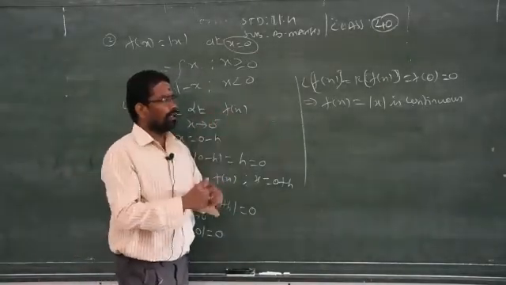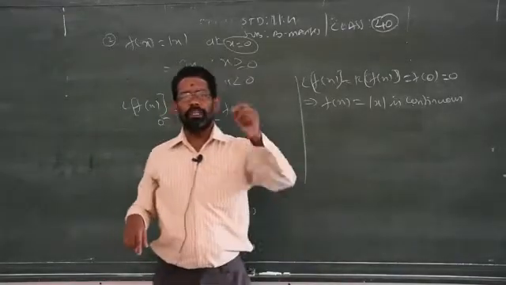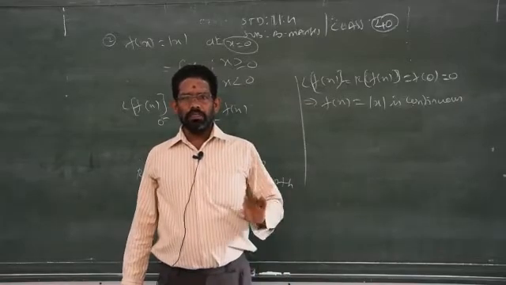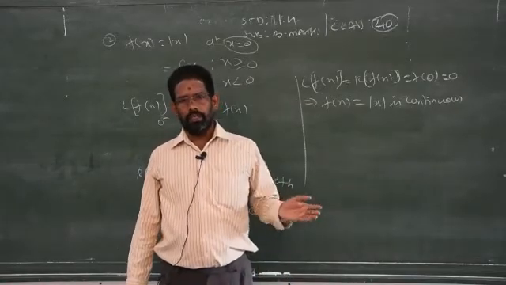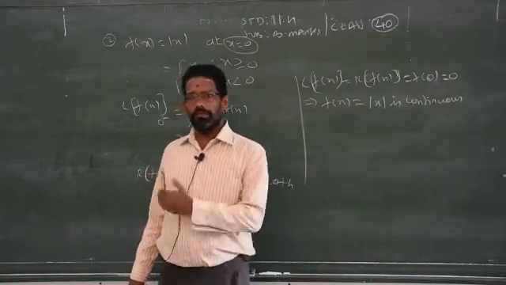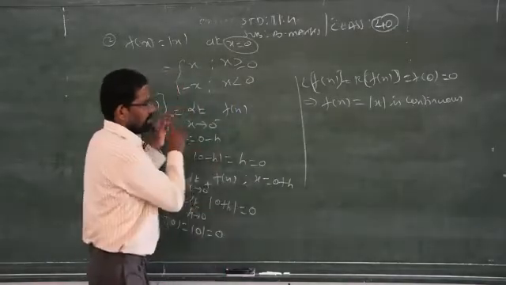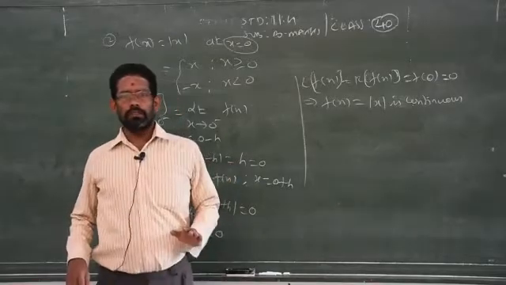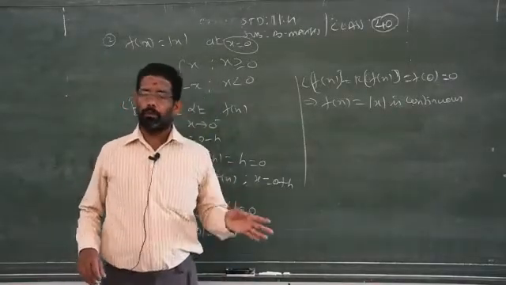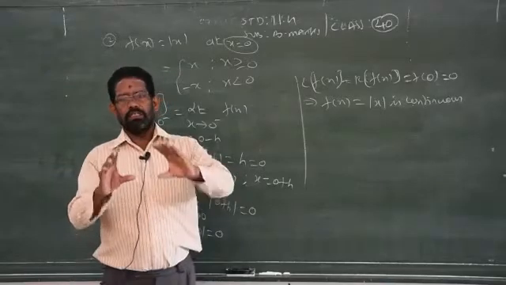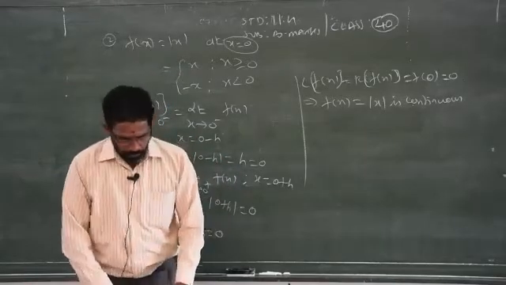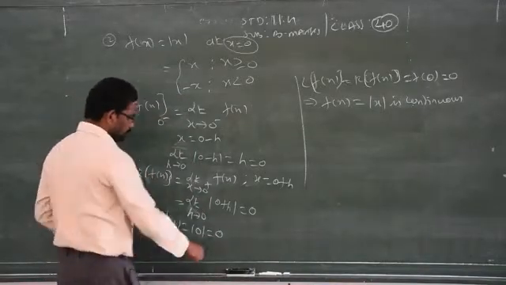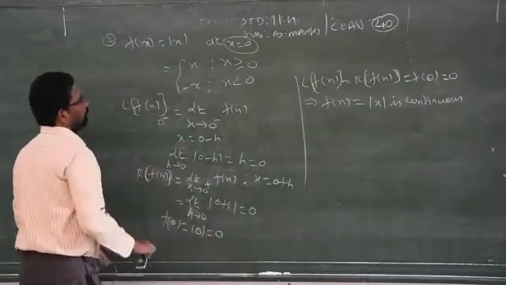But you cannot claim that all continuous functions may be differentiated. That is not possible. Clear? In some cases you are not able to differentiate. That only we are going to see now with the help of some examples. I am completing the first, existence, continuous, now differentiate. All continuous functions may not be differentiated at the given point. So based on that concept, we have two examples under exercise number 5.4. Once I complete these two, then I switch over to exercise number 5.2.